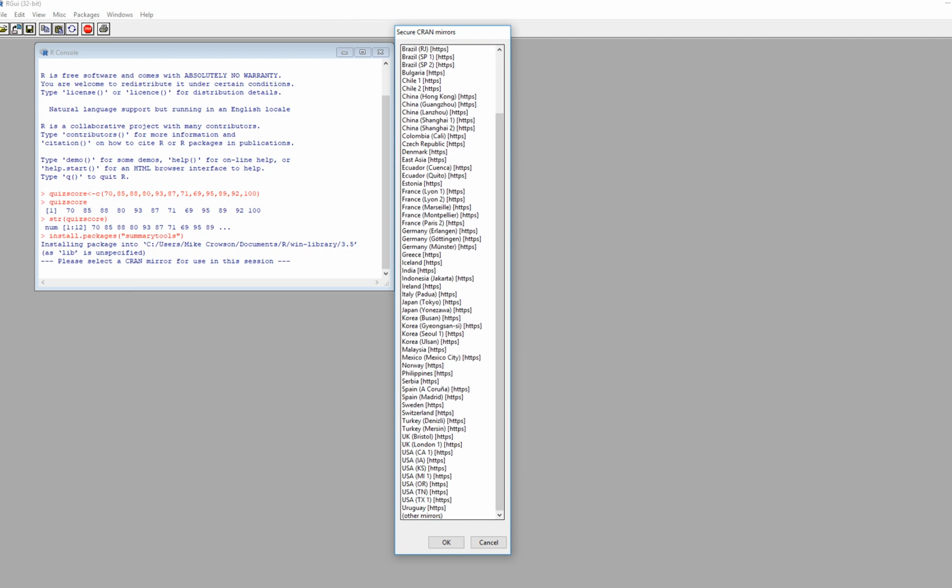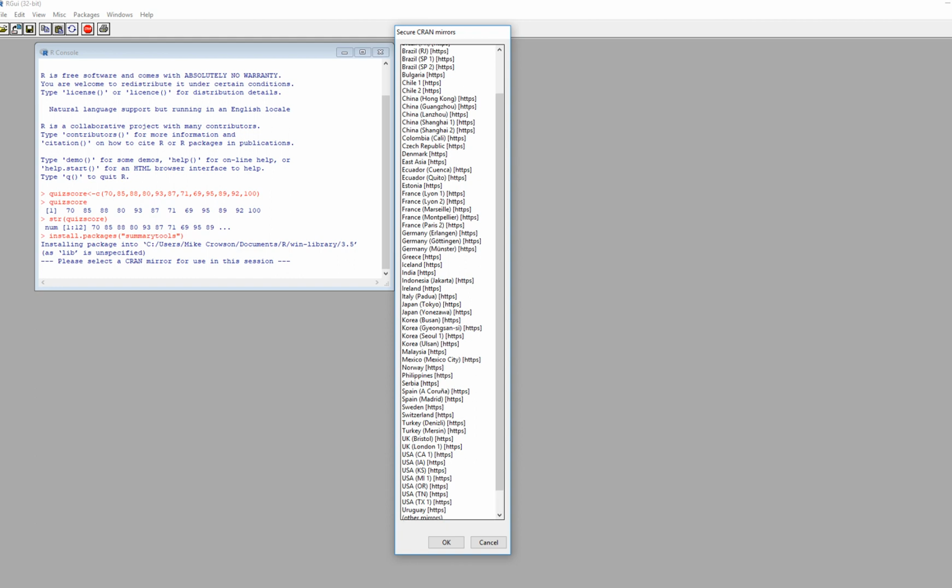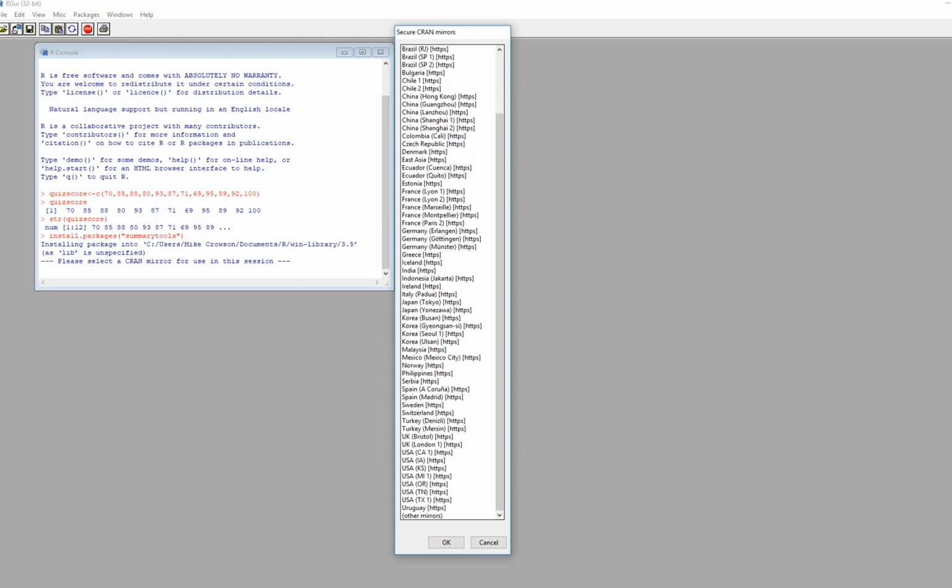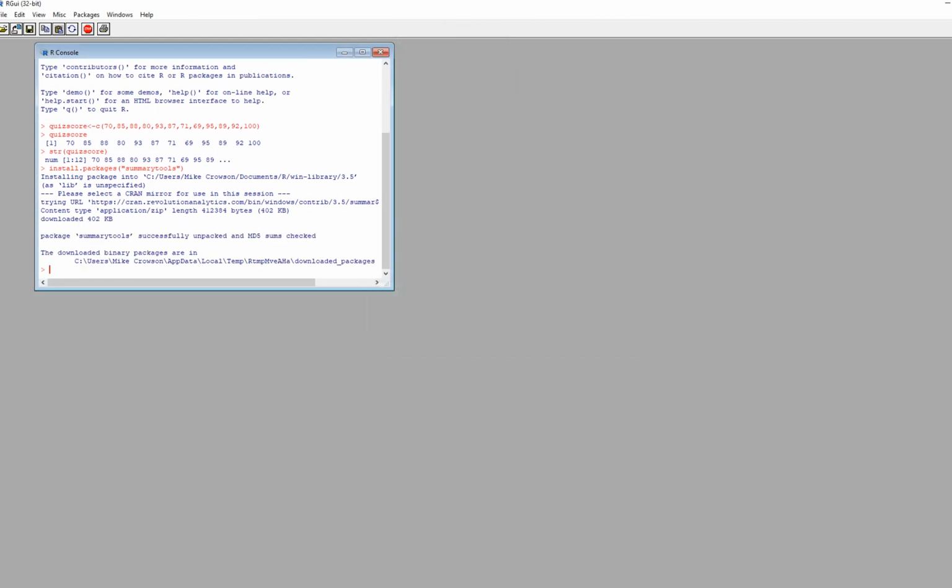and then go to the mirror site that's called up. There are a number of different mirror sites. Just generally you want to pick the one that's closest to you or pretty close to you. So I'm going to pick the one for Texas right here and click on OK. And so now it's installing the package. Moving forward, if I ever want to use this package again for other analyses, I don't need to reinstall it. But if I want to use the package, I am going to need to use the library function to call it up. So I'm going to type in library summarytools